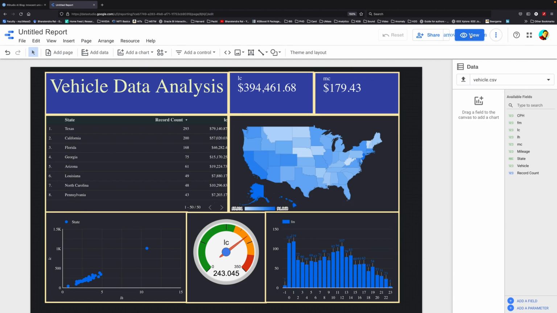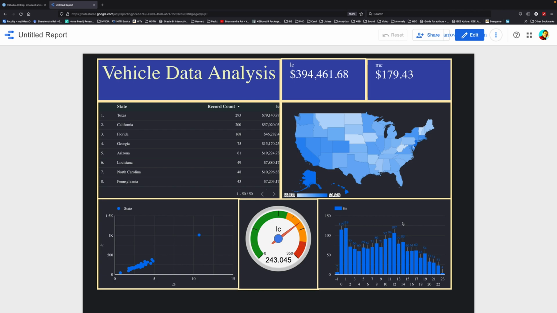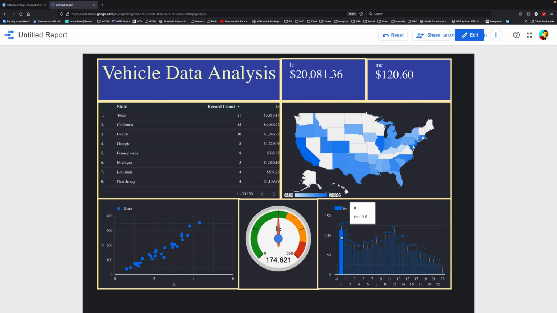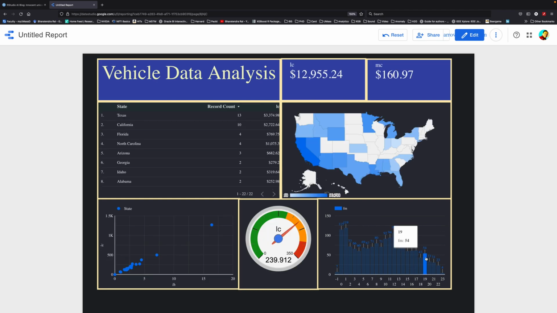So now if we go to view, we can get a lot of insights. For example, if you look at the failures that took place early, if you click on that, we can see this dial is in green. So average cost is on the lower side for repairing new vehicles. But if you pick up something on the higher failure month, you can see labor cost increases to $239. So obviously older vehicles may have more problems and repairing them may be more expensive.